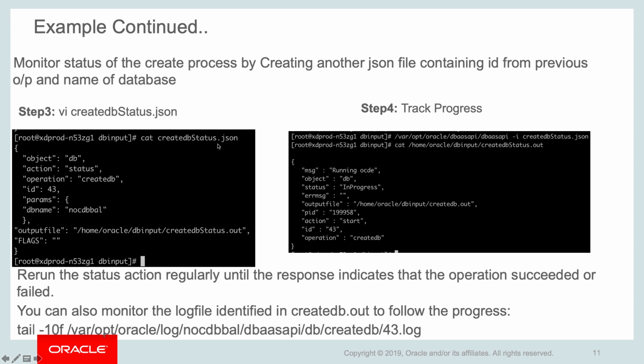My status JSON file looks like this: the ID is changed here, the database name I have given is non-CDB, and for the output file, again I'm passing the directory where this output file has to be written. You can run this command multiple times, and you will see the values changing in the output file. In my case, if I query this file and look at the status file, it shows me that it